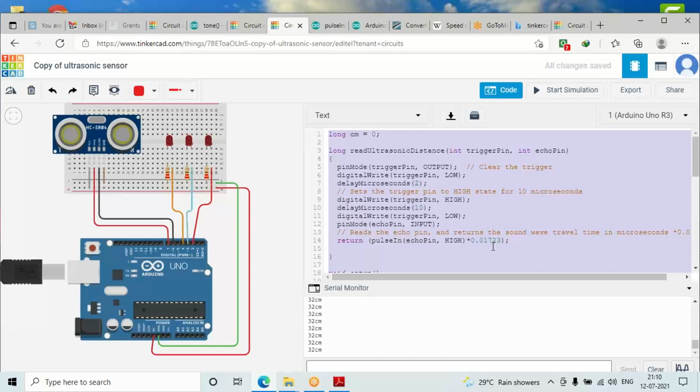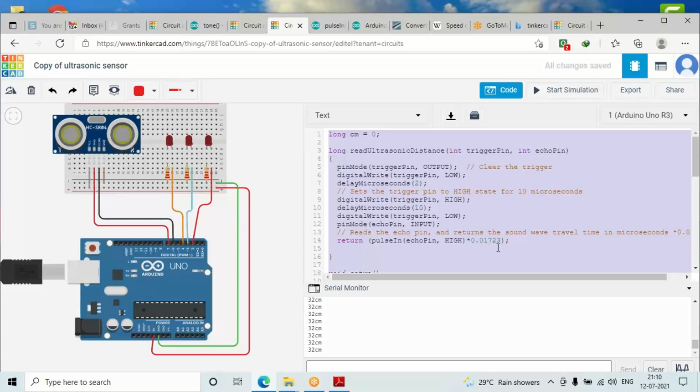So what is this 0.01723? I wanted the value in centimeters, so first of all I converted the speed into centimeters per second, and then I divided by 2, so you will get the value as 0.01723.